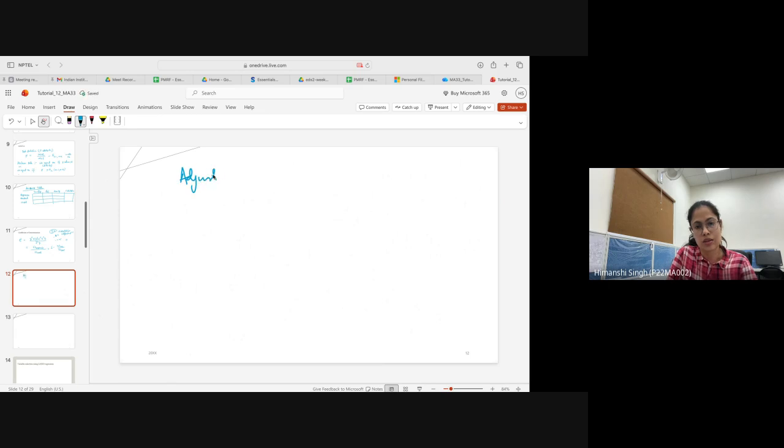So adjusted r square, which is basically denoted by r bar square, has a formulation: 1 minus SS res divided by n minus k, divided by SS total divided by n minus 1, which can also be calculated using 1 minus (n minus 1) upon (n minus k) into r square.